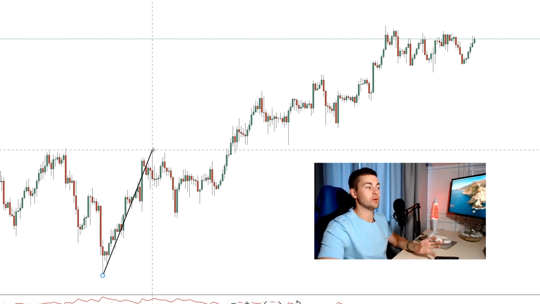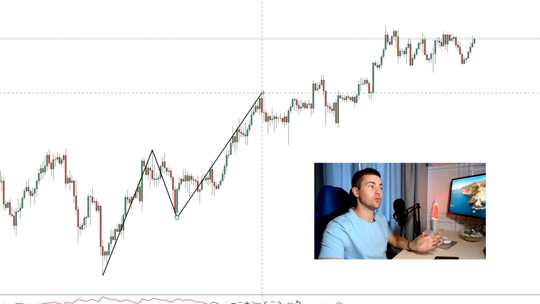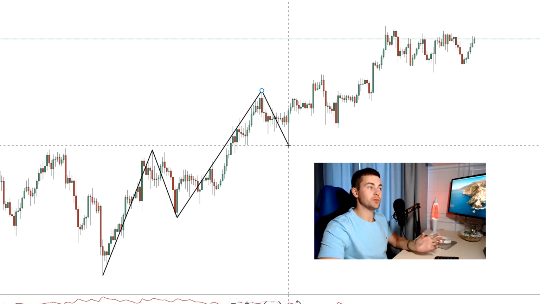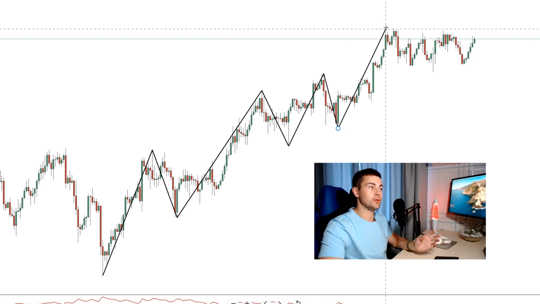From that we started a very strong bullish wave to the upside. We reached that point right here. Here was the high, and from that the market retraced. High low right here, then the next movement to the upside. Retracement with the high low, new high, high low, new high.